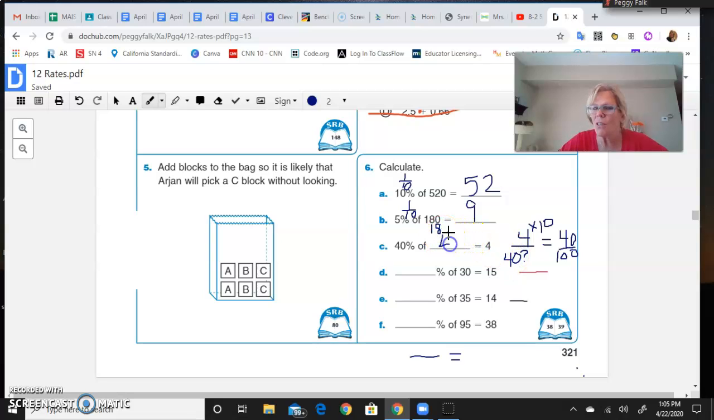So 4 is 40% of, you know what? Sorry, not 40. 4 times 10 is 40. What times 10 is 100? 10. Sorry. Just change that one. Okay, that is 10. Okay, so we set up 2 equivalent fractions. That's one strategy of doing this. Now, I don't know the percent